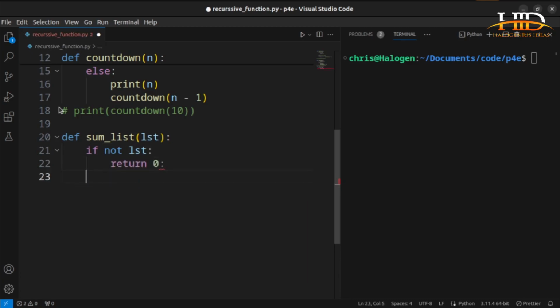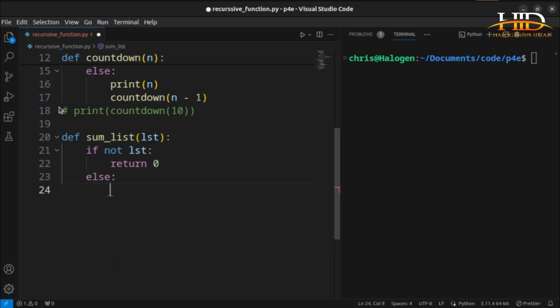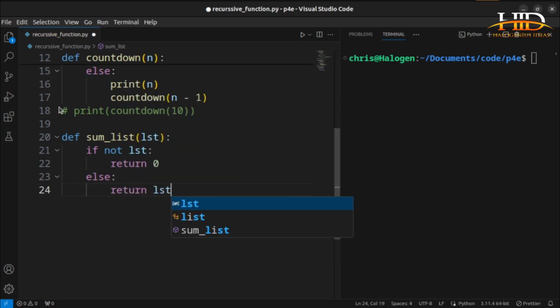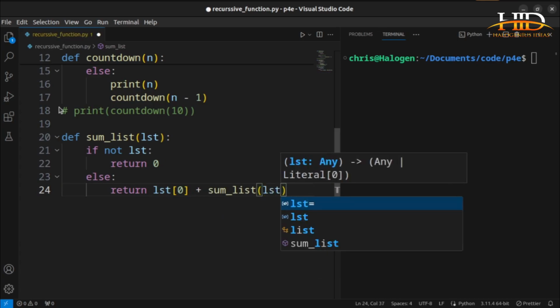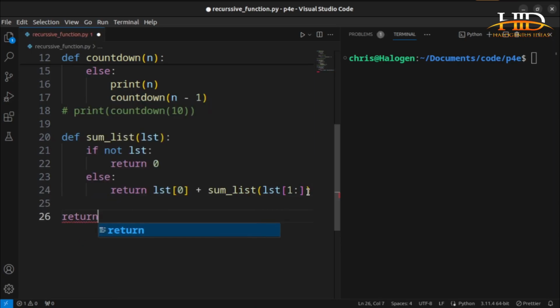Okay, else, no, I'm not supposed to put this, else. So I just wrote the base case. Now the recursive case: return lst, indexing the first element, then plus sum of list of lst excluding the first element. Okay, so that is what I want to do. So for the first one, it will be the first element, then I'll sum up the list again excluding that first element. So come here and return sum